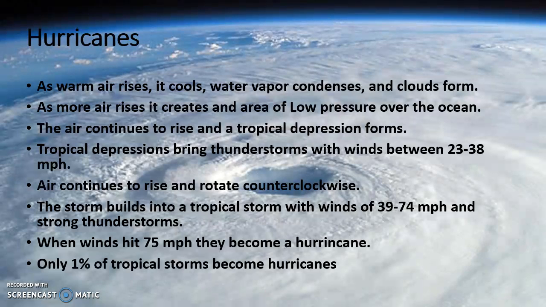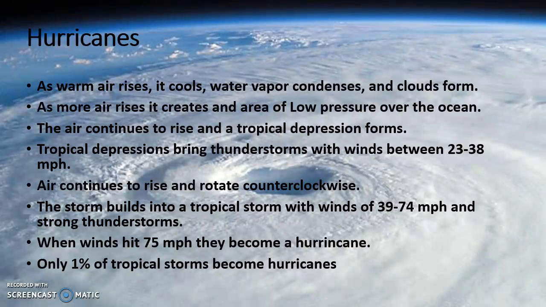And as more air rises, it creates an area of low pressure over the ocean. The air continues to rise and a tropical depression starts to form. Tropical depressions bring in the thunderstorms with winds between 23 to 38 miles an hour, and the air continues to rise and rotate counterclockwise. And that counterclockwise motion is due to the Coriolis effect that we spoke about in our